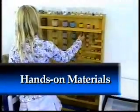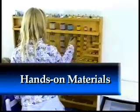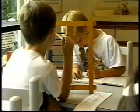All Montessori classrooms are based on a hands-on approach to learning. The materials that teach math,